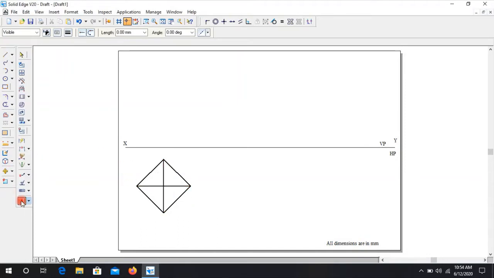Let me complete the naming now. These base corners will be named A1, B1, C1 and D1. The apex is point O and the center of the base I will write as O1. Since the center of the base is not visible when you observe from the top side, we will write it inside brackets.